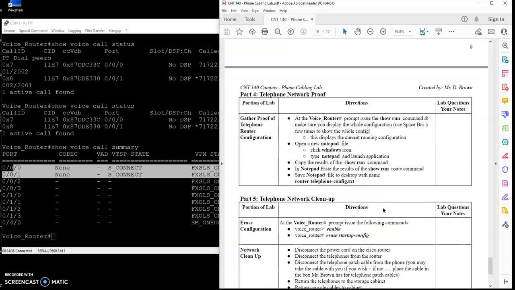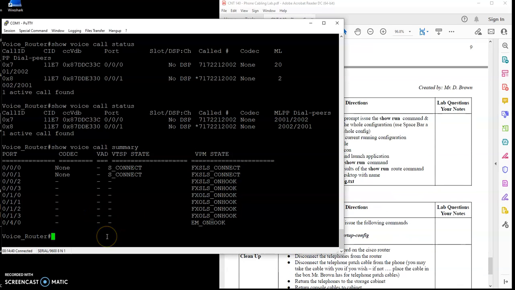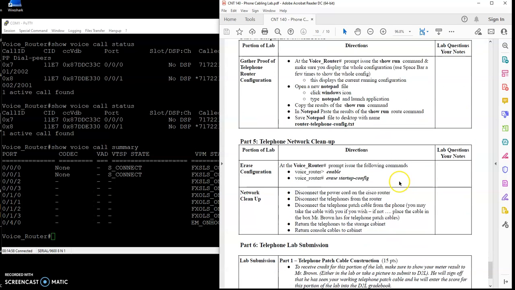All right? So this was really just kind of a fun way to check that our phone cable was working. I'm going to return my phones to their receivers over here, to their cradles. If you want to make another couple phone calls and do some more summaries and active calls and so forth, go for it. What we'll do at this point, though, to make sure we get proof of this part of the lab completed,